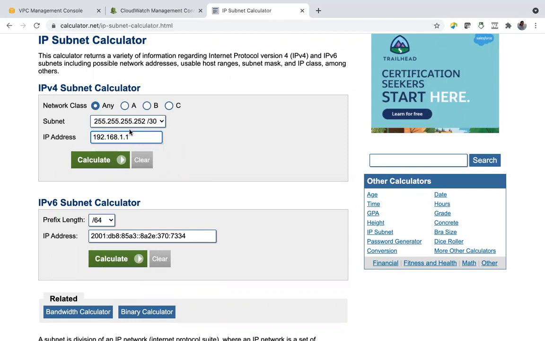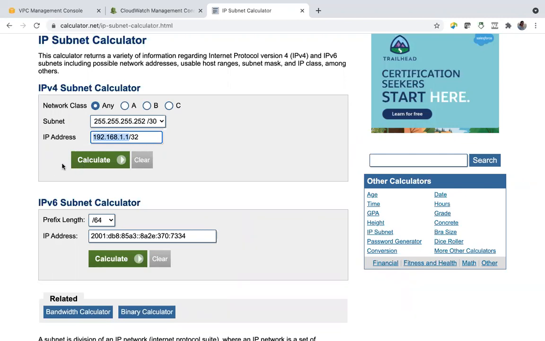I don't know what the range of my home's router or network is, but let's say it is /32. So this provides the range. That means from this IP address to a certain number of IP addresses, my router can assign IP addresses.